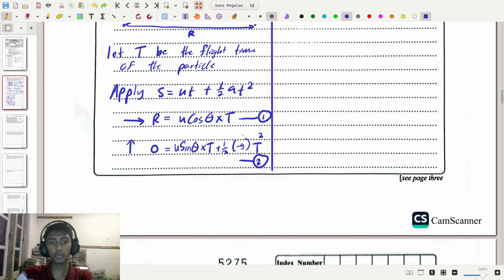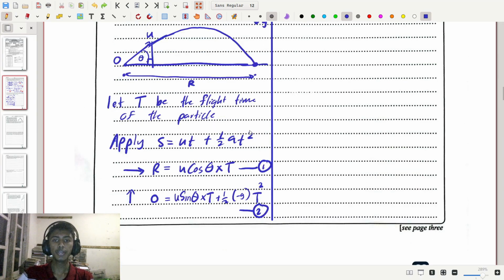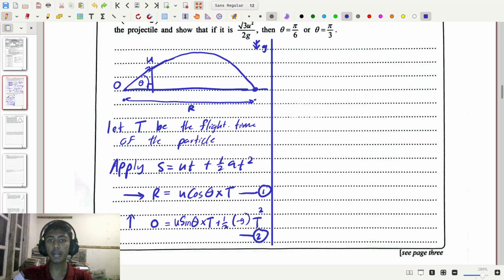So if we take a look here, in this expression number 2, we can divide everything by a t, since here we have a value that has a t inside of it, and this thing has a value which has a t squared inside of it, which means it has a t inside of it. So if we take 2 and we divide out a t, minding of course that t is not equal to 0, we can convert it into u sine theta